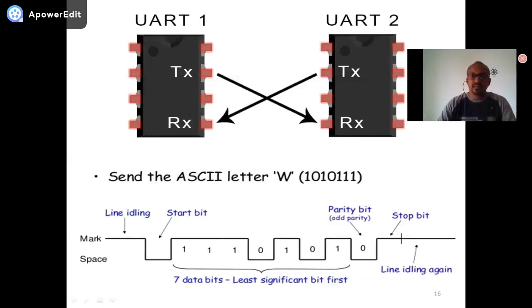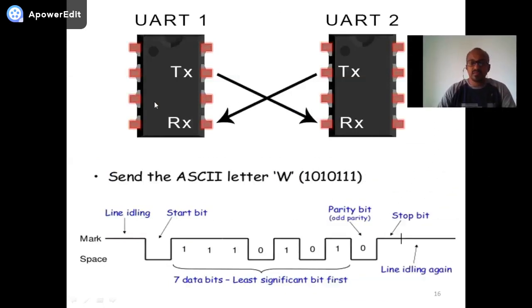So look at here, there are two ICs which want to communicate. If the UART protocol is enabled, then both ICs can transmit and receive at the same time. The transmitter of one IC is connected to the receiver of the other, and the first IC's receiver is connected to the transmitter of the second IC. Because of this, transmission and reception can be done at the same time.